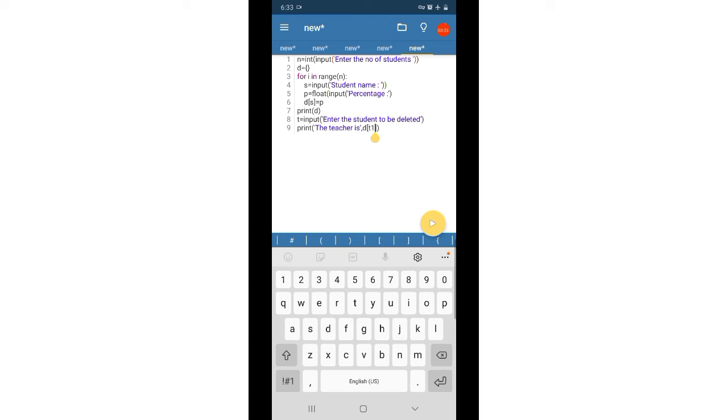Then we have the function to delete a student, it is the pop function. So d dot pop in bracket. So student name is given.